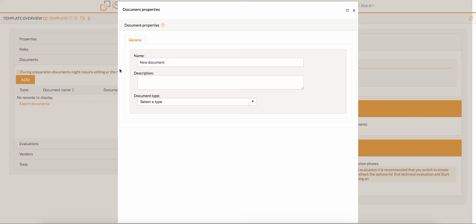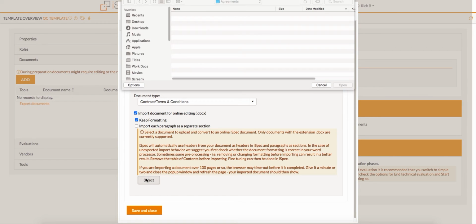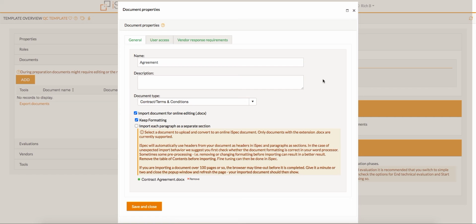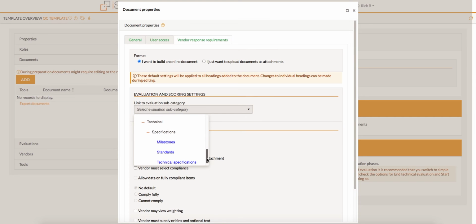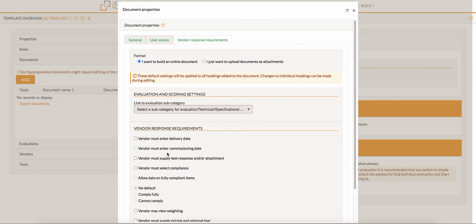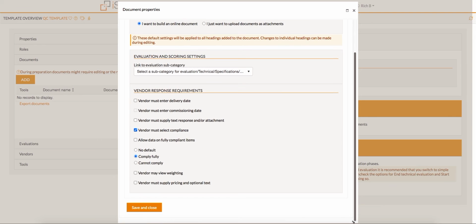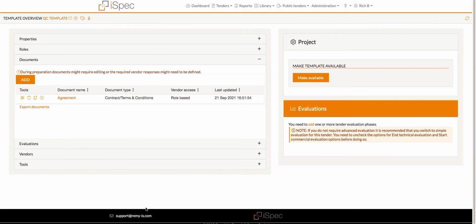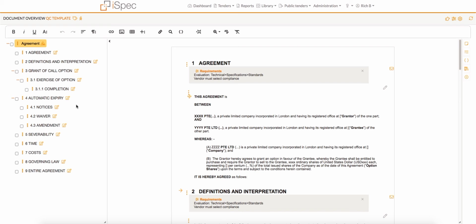Add a new document. In this example we are importing a document. And optionally set the vendor response requirements. Open the template document. The document structure is exactly the same as in a tender document, apart from the section